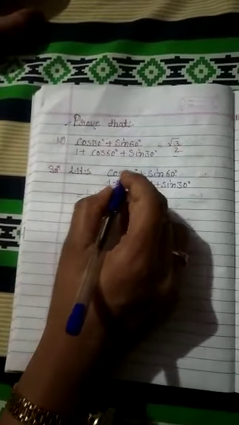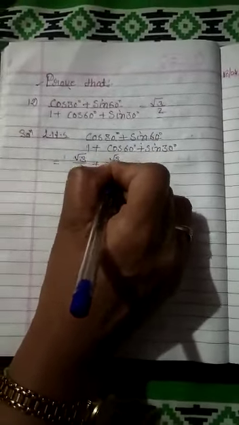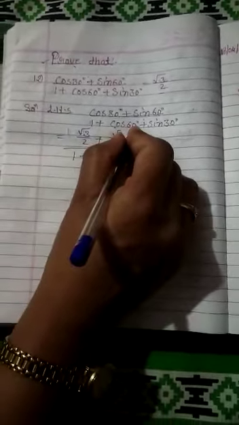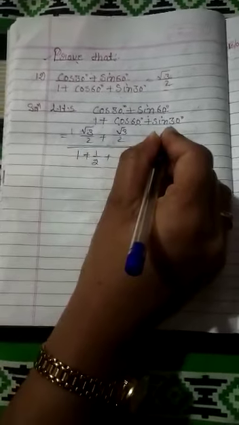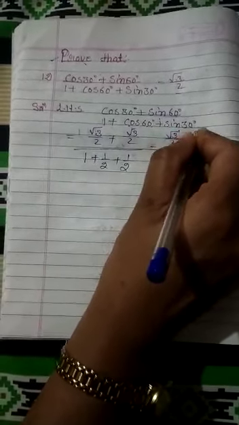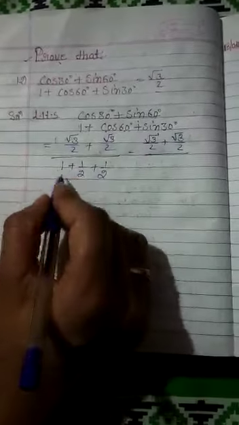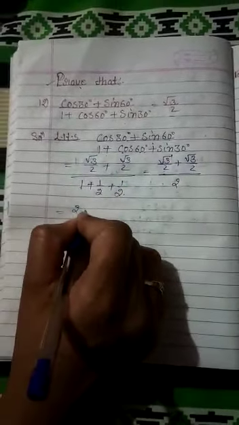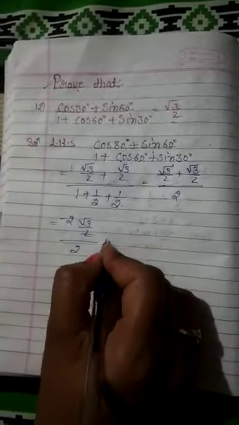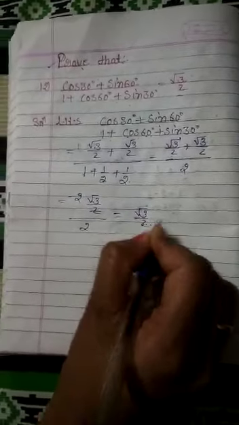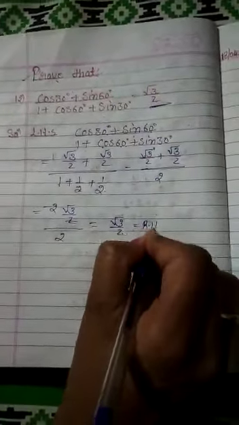Okay, what is the value of cos 30? Root 3 upon 2. And what is the value of sin 60? Root 3 upon 2. Okay, 1 plus what is the value of cos 60? 1 upon 2. Sin 30, 1 by 2. Okay, root 3 upon 2 plus root 3 upon 2, upon half and half, 1 plus 1, 2. And here also we can write root 3 by 2 plus root 3 by 2, 2 root 3 by 2, upon 2. 2 and 2 will be cancelled out. So we will get root 3 by 2 and it is equal to the RHS portion. Okay, hence proved.